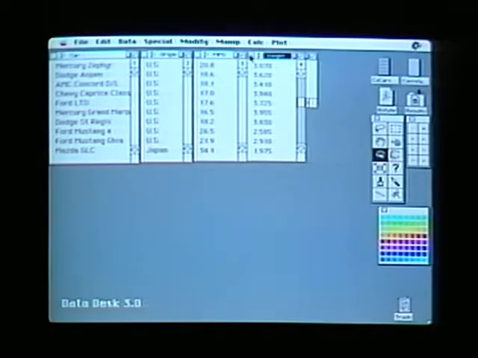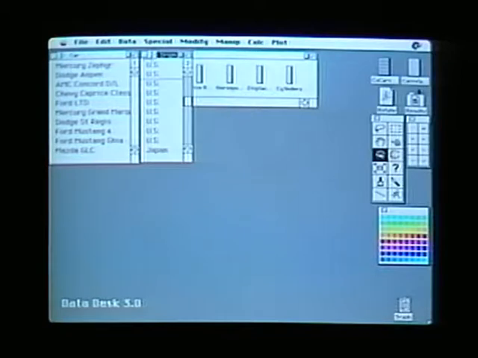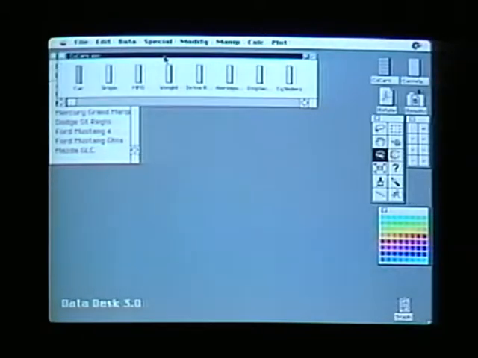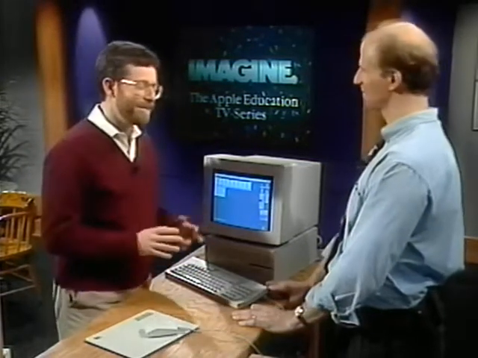But the nice thing about this interface is that we can close these up because statistics really isn't about numbers. What do you mean it's not about numbers? Well, that's something we have to teach our students too. Students get very involved in getting the right answer, and using the computer, they can trust the computer to do the calculating for them. Really what you do in statistics is you try to relate concepts.